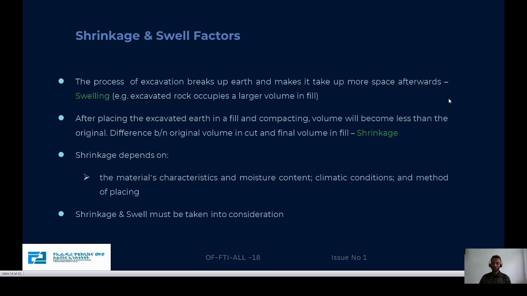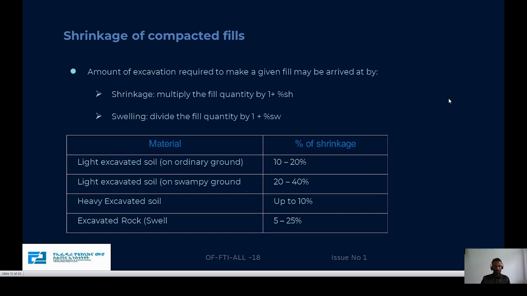With moisture, shrinkage as well as swelling really increases. Climate condition and method of placing are also related to shrinkage and swelling. So it is very important to consider the shrinkage factors as well as